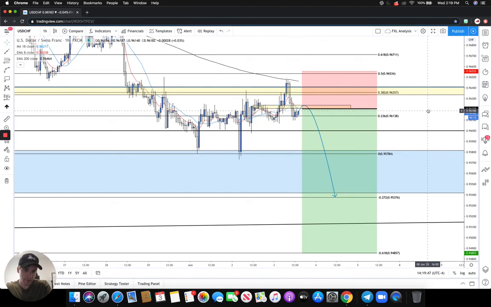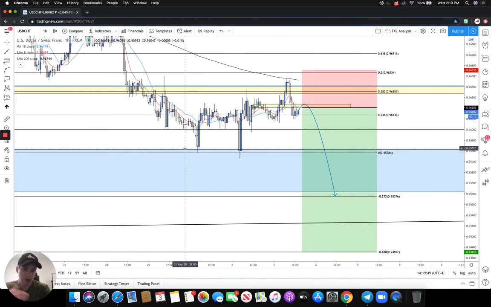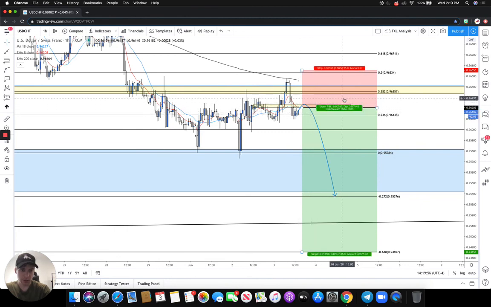All right. So there it is. This is USDCHF. Again, we started at the monthly. We worked our way all the way down to the 1 hour here, and now we're just waiting for these confirmations. So quick recap on this: 35 pip stop. We have broken structure that we're retesting now. We have a retracement to 38.2. 200 EMA is there. We have an evening star, MA cross, lower time frame breaks of support, and now we're